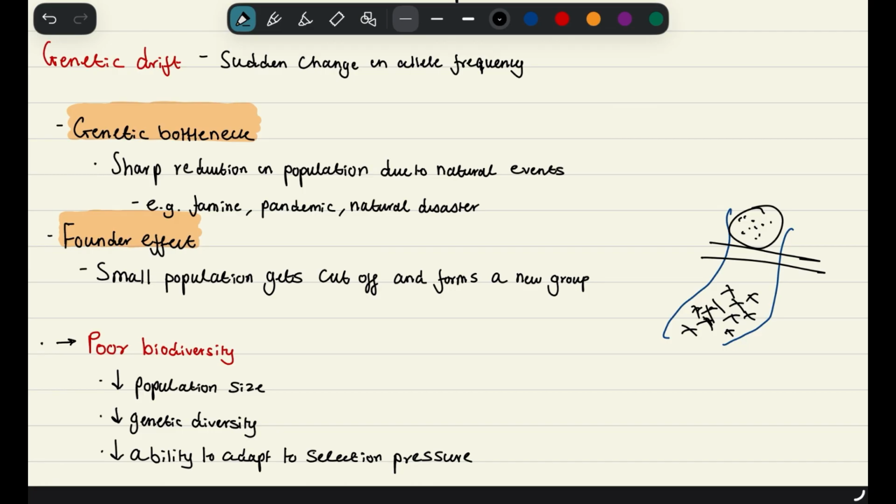Now, in terms of why genetic drift is typically a bad thing, right? It reduces your population size. So we have fewer alleles, right? We have a lower genetic diversity. And if the genetic diversity is lower because there are fewer alleles, that means there's less ability to adapt to selection pressures. So now say in that small population in the founder effect, for example, a virus comes, so many of the organisms can't survive the virus, and that population is much more likely to die out and become extinct. So just think about that.